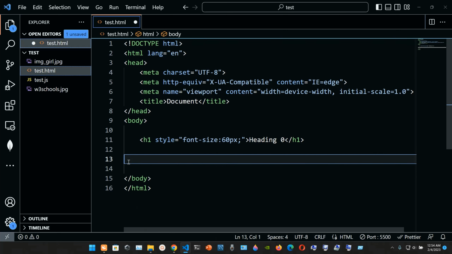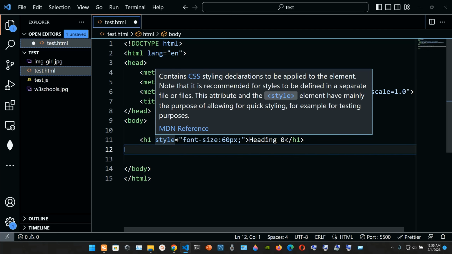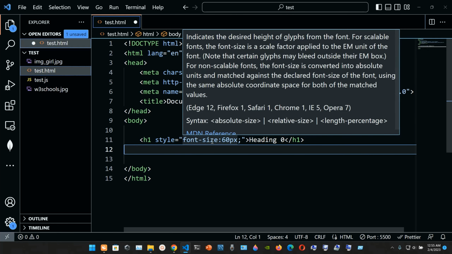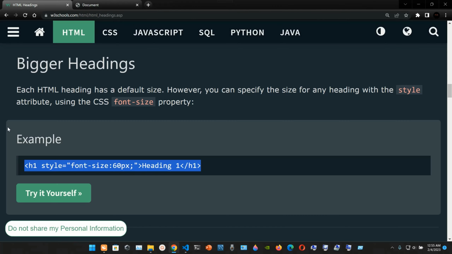So that's how you do that. The style attribute, so you put style assigned to double quotes font-size colon, and then the number of pixels that you think is correct. So that is that,